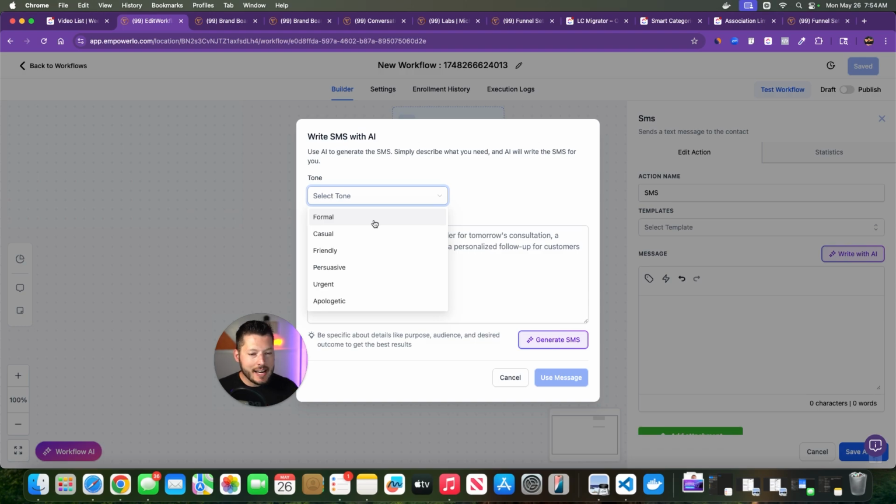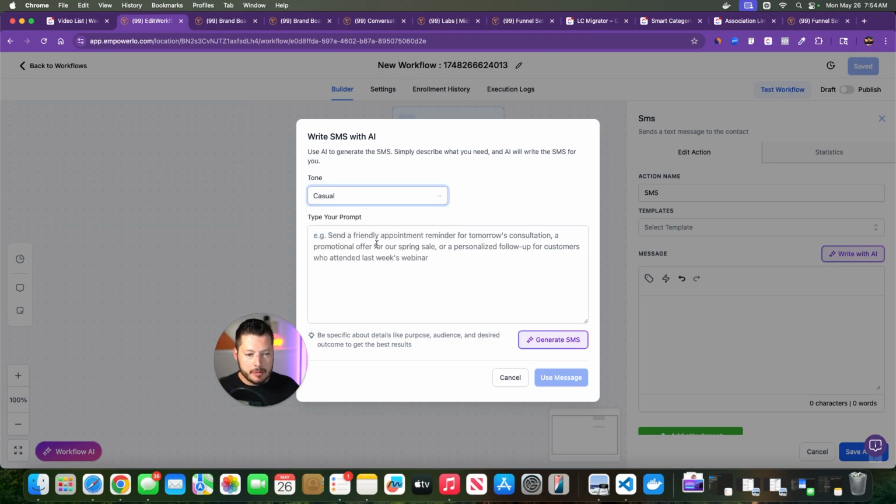We'll jump into the next update here in a second where it is focused on brand voice. So we can see HighLevel is focusing on this brand voice and being able to use it with all of the different generative content generation features, AI features inside of HighLevel. So this will be here soon, but for right now, we've got a handful of different tones that we can